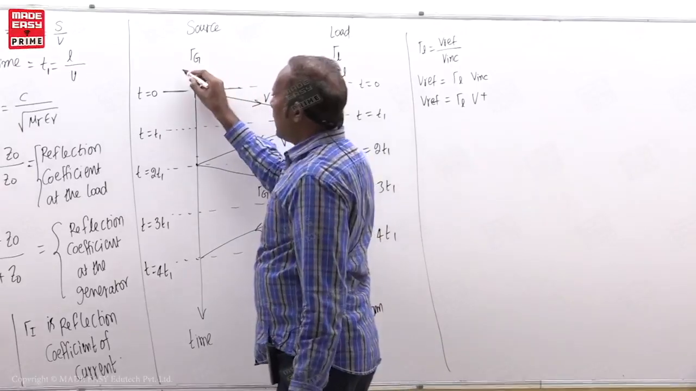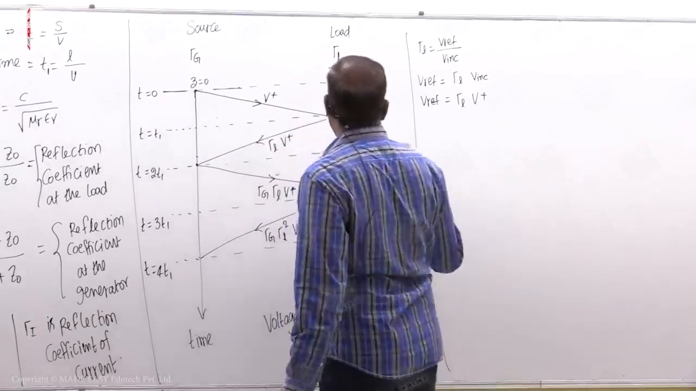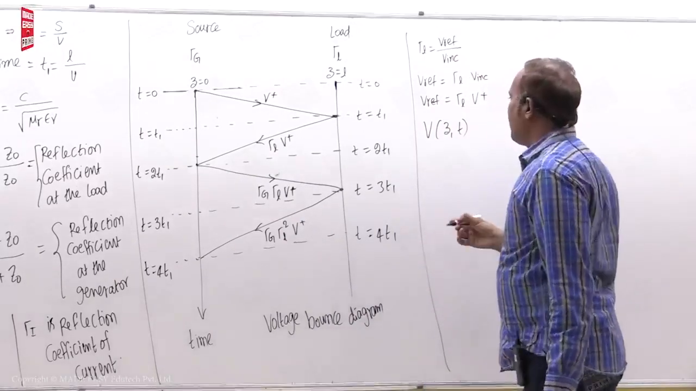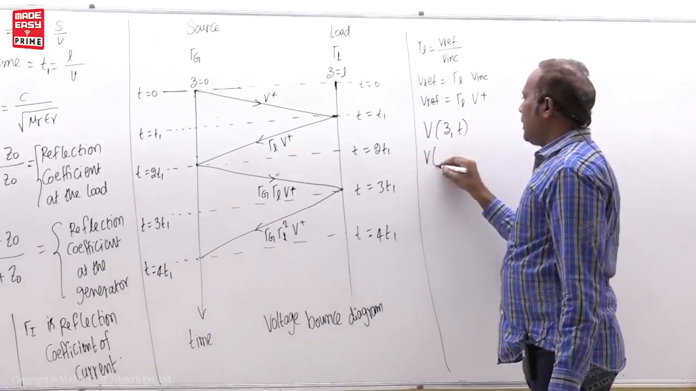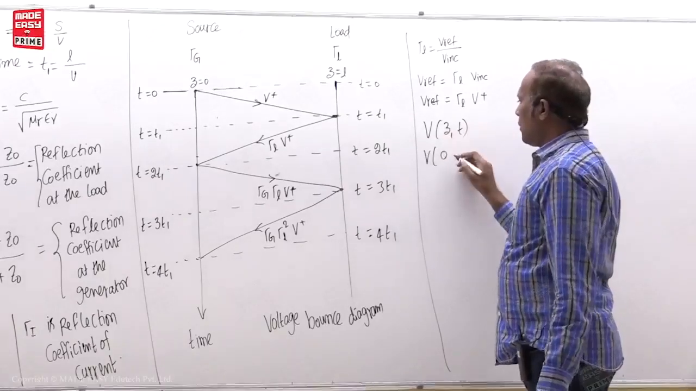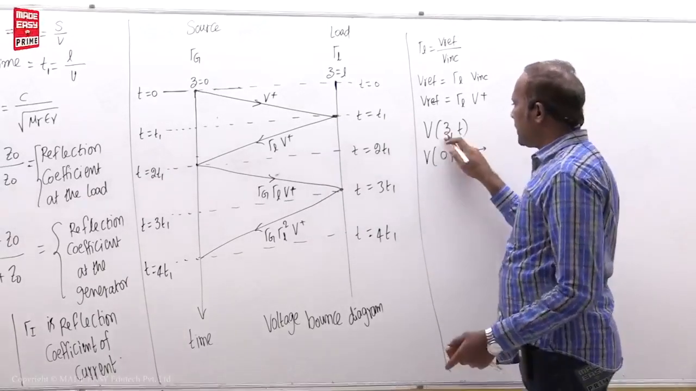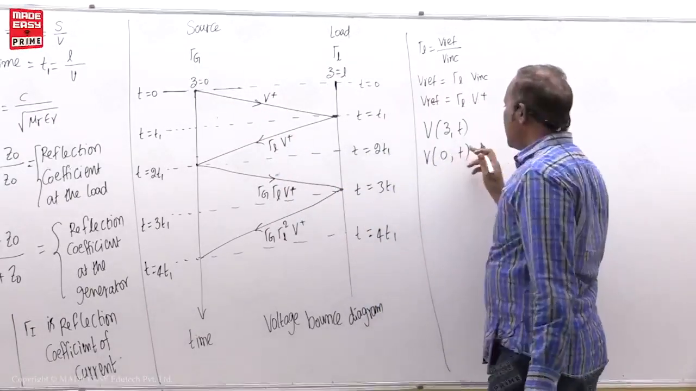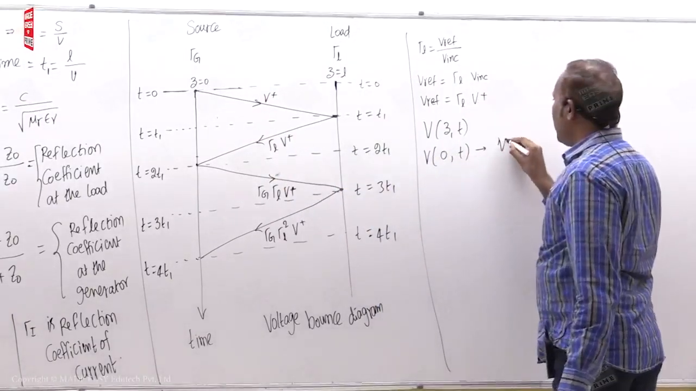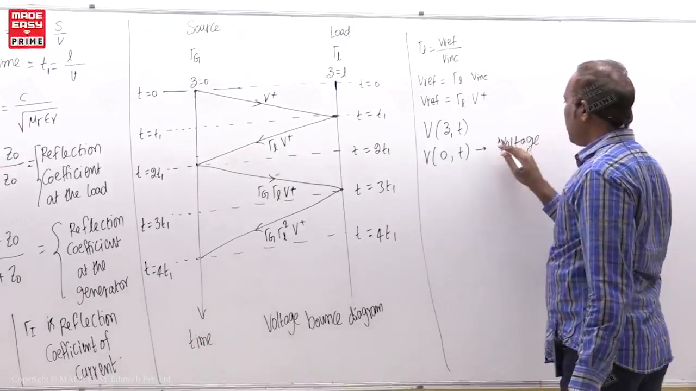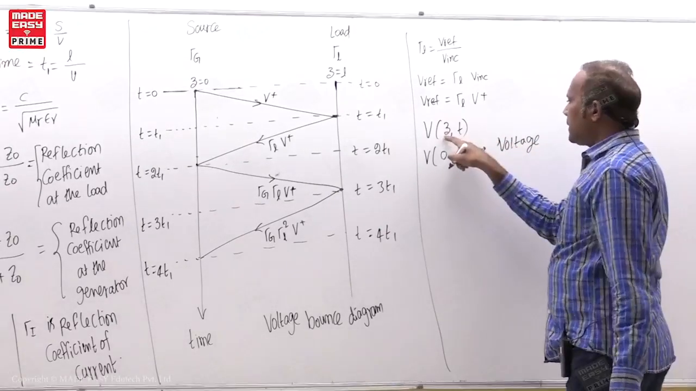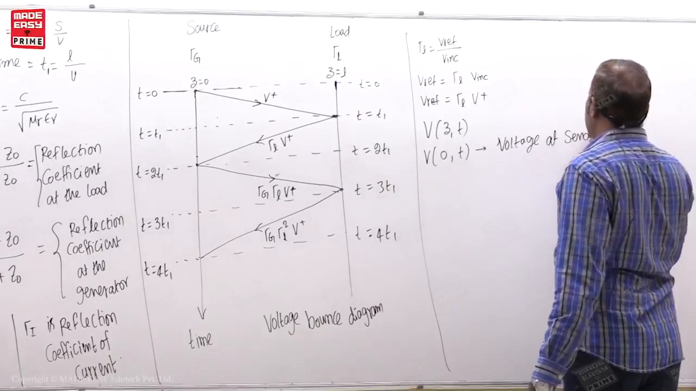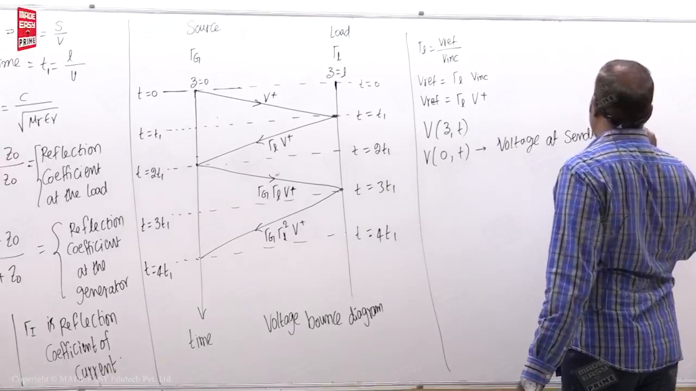At this location, V of z comma t, here I will write the meanings. V of 0, z0 and time. What is the meaning? Z0 I have substituted. Z0 means sending end, changing time. So the meaning is voltage, students. V means voltage, Z0 means voltage at sending end